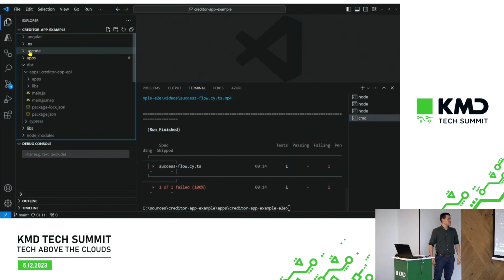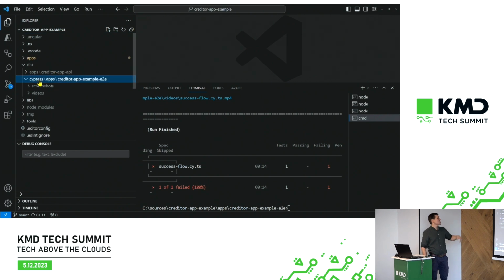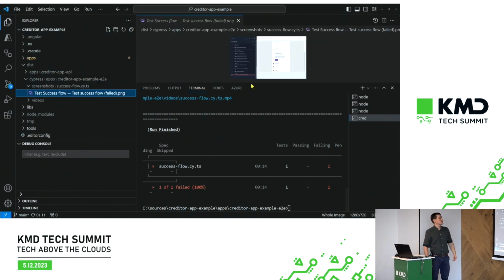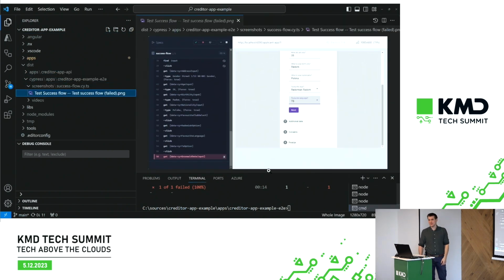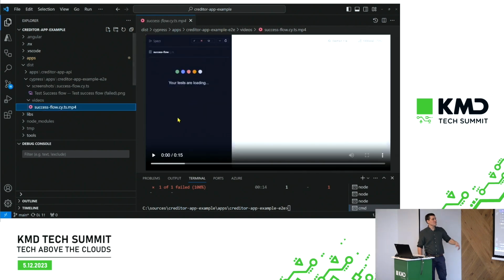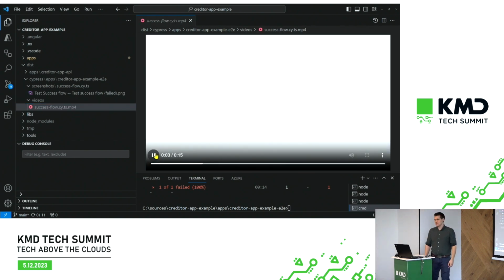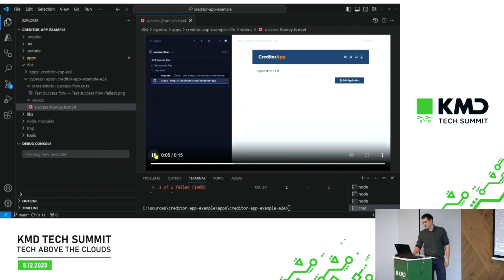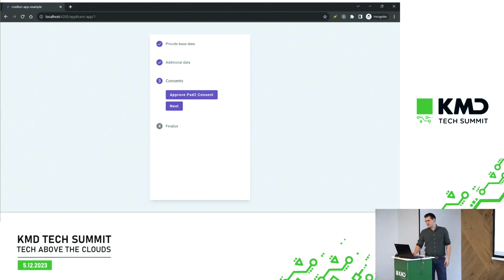Yeah, so we have the result. We have some issue here. We can just navigate to the directories. We have the screenshot from the failed test, and also the full video from running this test. So debugging should be easy here. Let's dive a little bit deeper into the Cypress functionalities, because